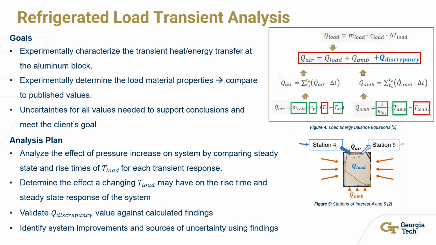The analysis plan includes observing the effect of pressure on the system by comparing steady state and rise times of the load temperature for each transient response. We will also determine what effect changing the load temperature will have on the rise time and steady state response of the system. Finally, we will validate Q discrepancy and identify how the system can be improved based on sources